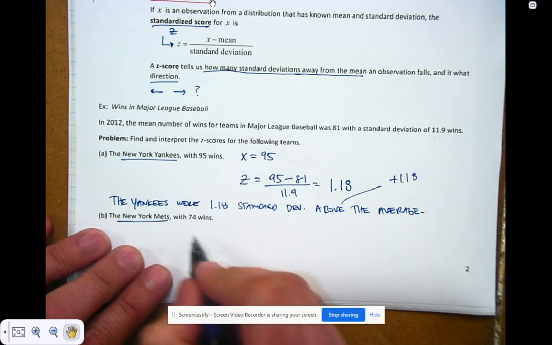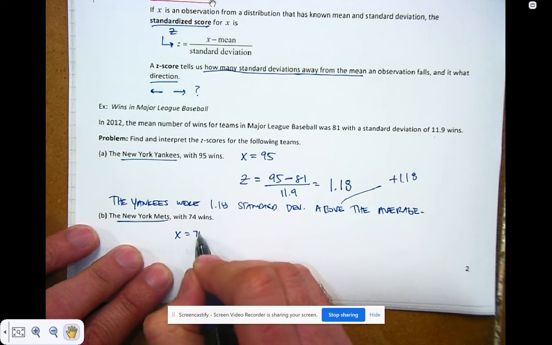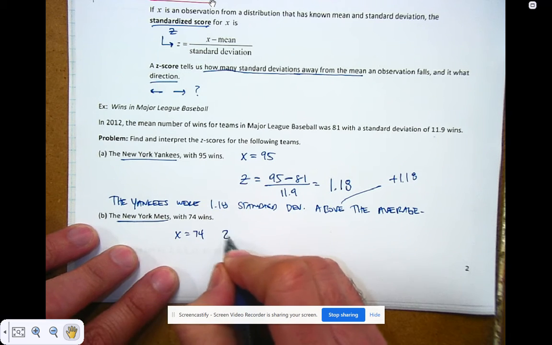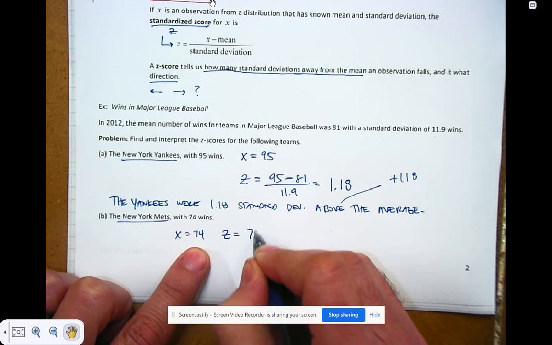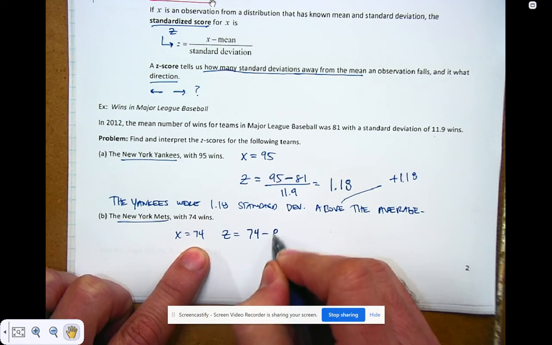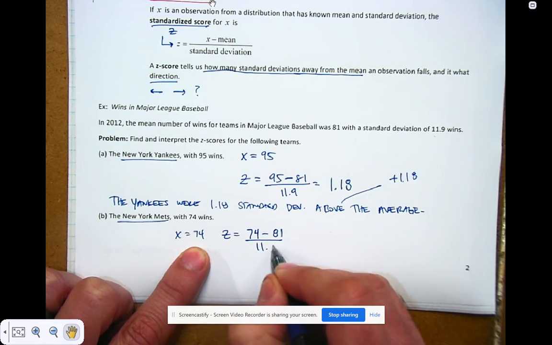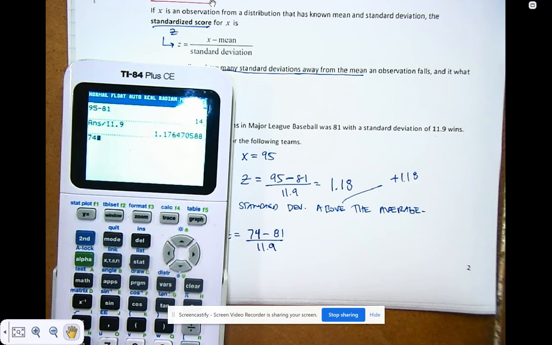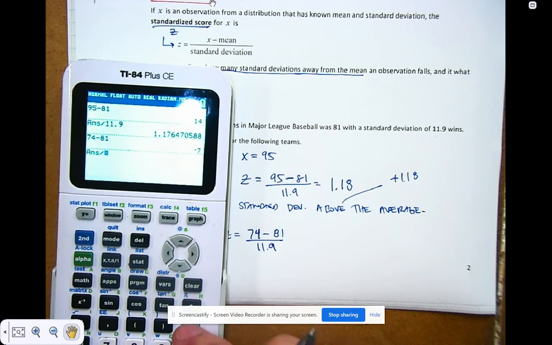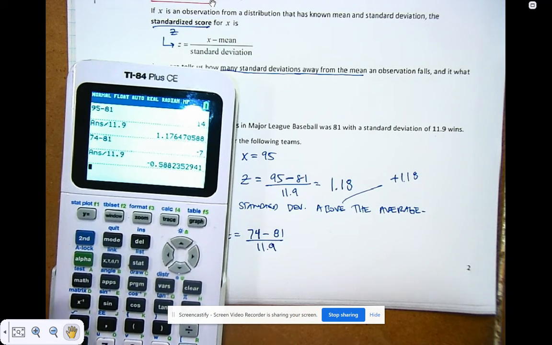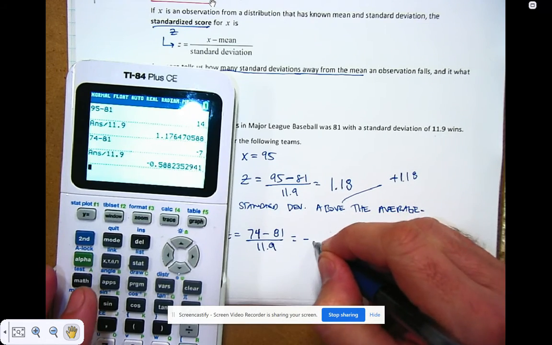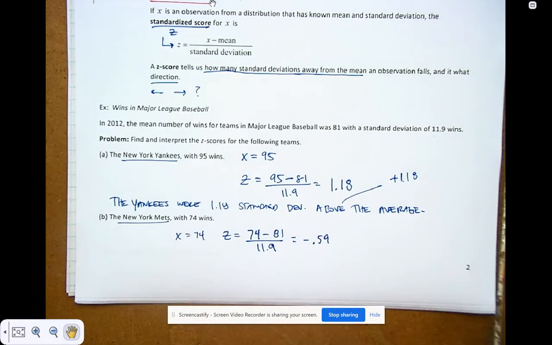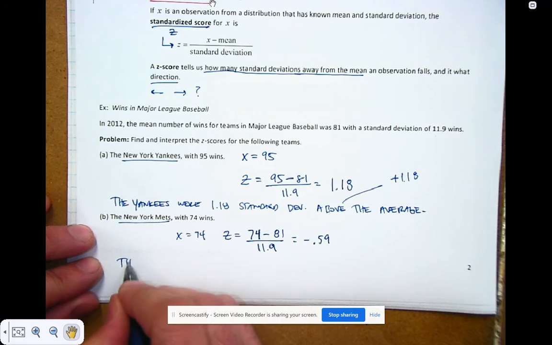Okay, so the New York Mets has an X value of 74. Well, to get a Z-score, you take that value, 74, you subtract the average, which is 81, and you divide by the standard deviation. Okay, same issue. You take 74, you subtract your average, you divide by your standard deviation, and you get a negative value this time, negative 0.59. Right, so the Mets